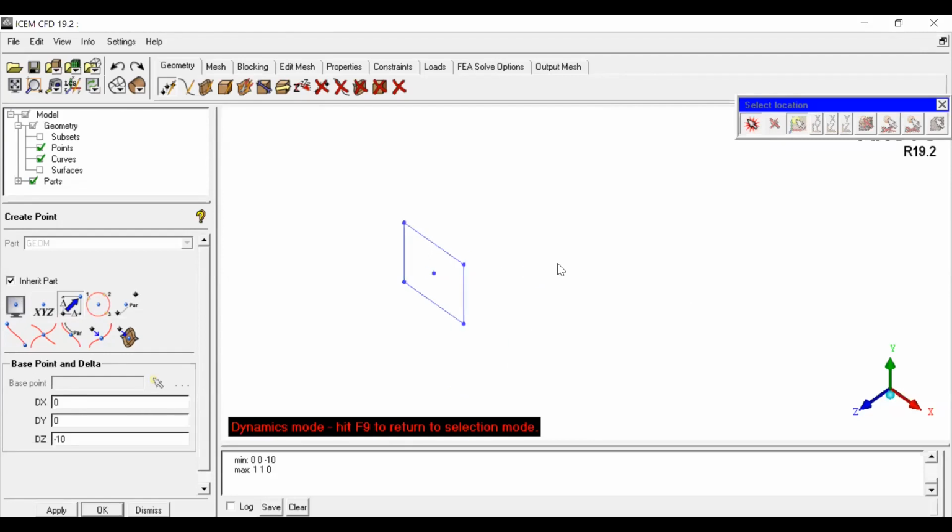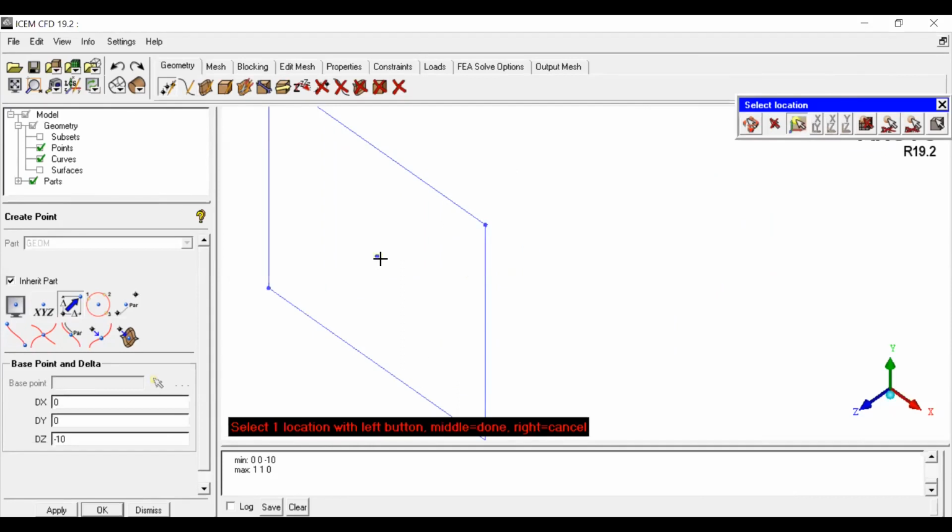If you long press the middle button, you can move the geometry, which is called pan, right? So for the pan command, long press the middle mouse button. Okay, so you want to select this point, right? Disable the toggle dynamics, select this and give the dimension as plus 10. Then select the middle button, fit window. You can see the point before this existing point is created.